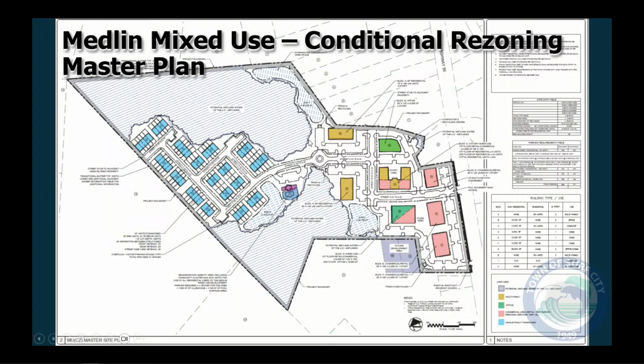Currently, most of the uses proposed would be supported by the current zoning, just not in this configuration. So that is why they are coming through and requesting a conditional rezoning to MU to apply a mixed-use zoning to this entire property to do a more planned-out, harmonious type of development with, again, a mix of residential, commercial, and office uses.